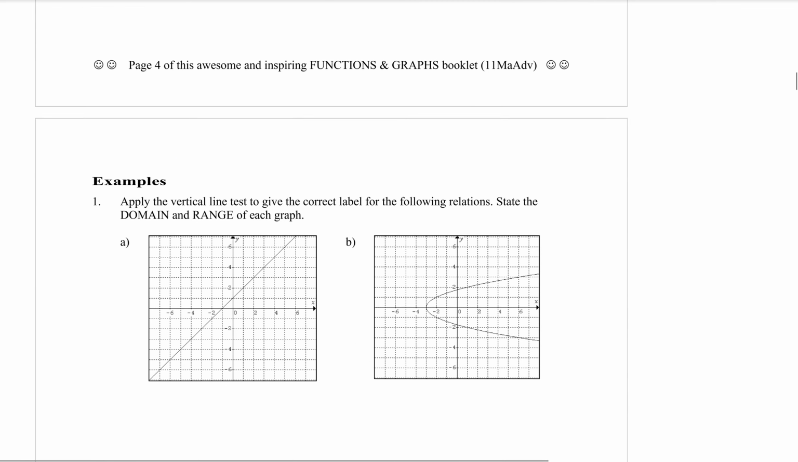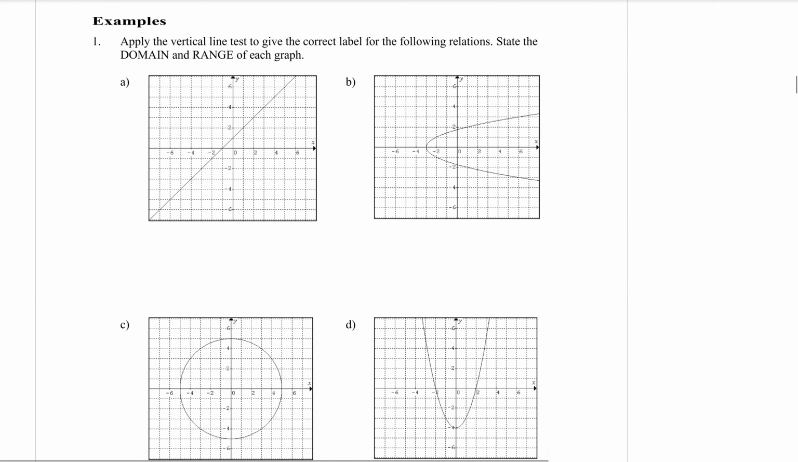Here are our examples. Number 1, apply the vertical line test to give the correct label for the following relations. State the domain and range of each graph. Okay, so first of all, we're doing our vertical line test, and you can draw imaginary lines anywhere you like. If I can draw a vertical line through it,